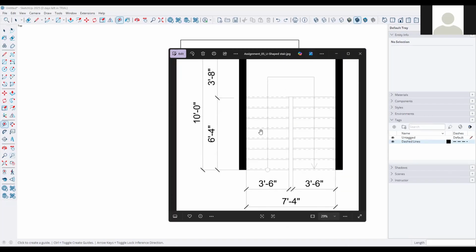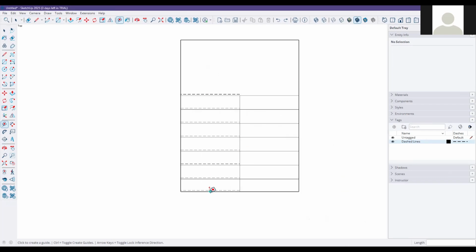Okay, so the next step is drawing this line, right? So as I mentioned, we need to find the midpoint of each flight and midpoint of landings, right? So if you press T on your keyboard or type T or even select this, you can find the midpoint in SketchUp, and then also from here to here, we need to find one line from here, and in the landing we need to find the midpoint. It's going to be here, and from this place it's going to be in here, right? So I'm going to type L or press L and draw this line,